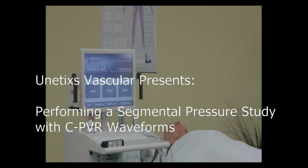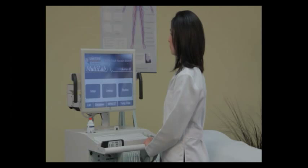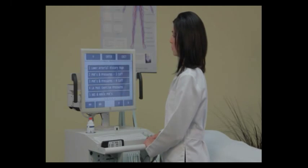In this portion of the video, we're going to be showing how to perform a segmental pressure study with PVR waveforms. PVR stands for pulse volume recording. To begin, we're going to press the Studies button on the multi-lab screen, and this will bring up our study